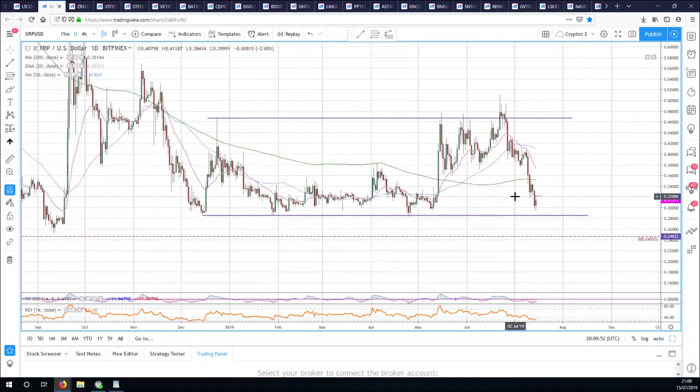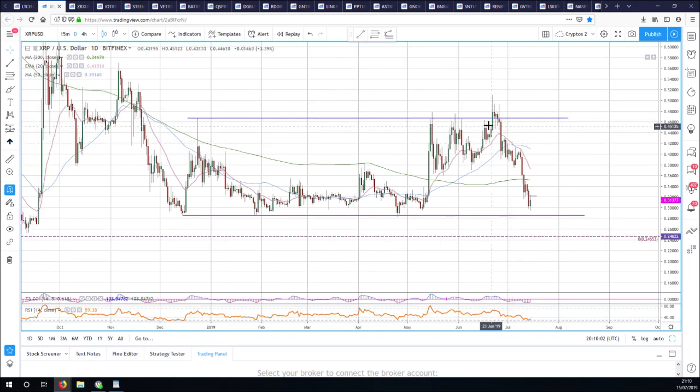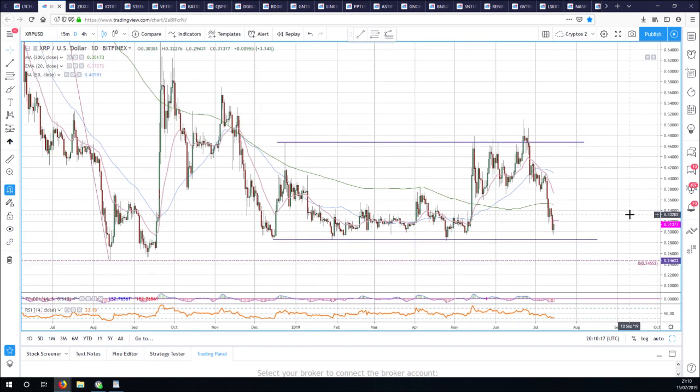And this is the same thing. You know, we've got this really strong range. Triple bottom, range, triple top. Had a little false breakout, which is always nasty, but a clear warning. And whenever you get that false breakout, you're going to go all the way to the bottom the other way. And so until we get to the bottom of this range in Ripple dollar, which is 0.285, not really that good of support, unfortunately.